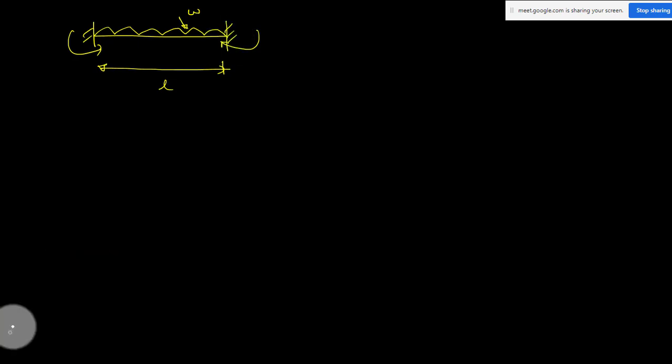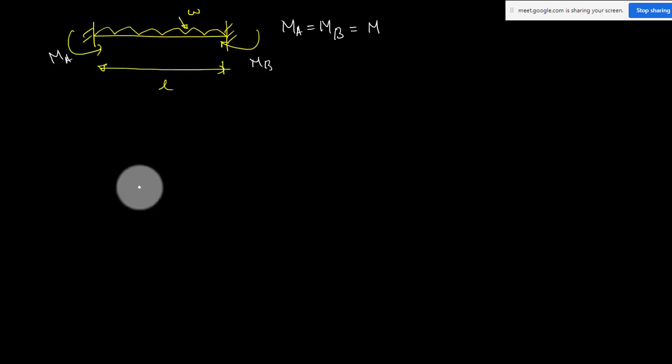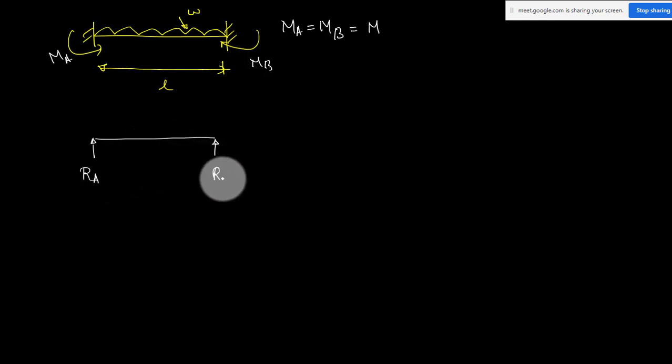And second, a simply supported fixed beam with a constant UDL in the entire span. Okay, and again same concept, so you can draw the free body diagram. There will be fixed moments MA, MB in this direction. Again this beam is symmetric, so MA will be equal to MB. So I can make use of this equation. MA and MB will be equal. So first you draw the free body diagram for this beam. You will have reactions at A and B, RA, RB.